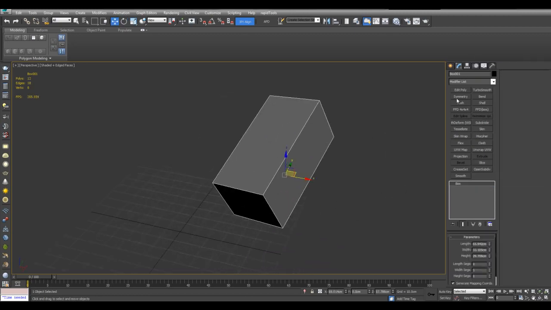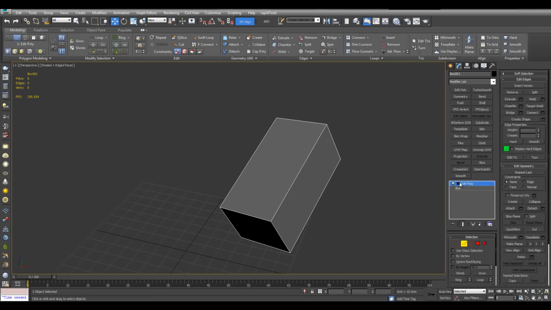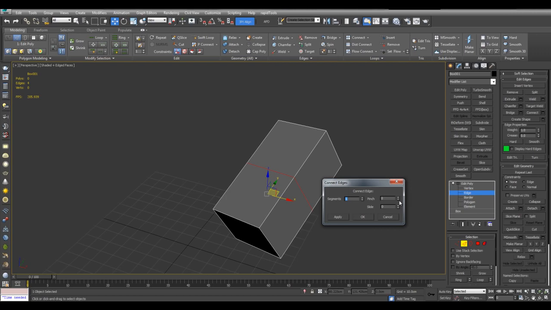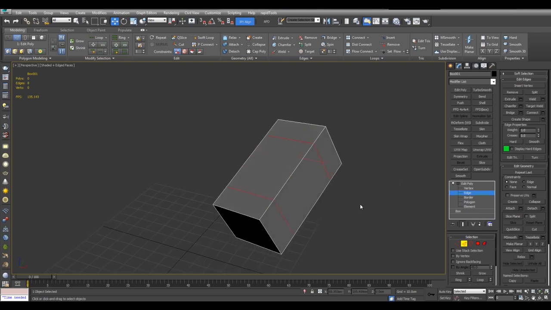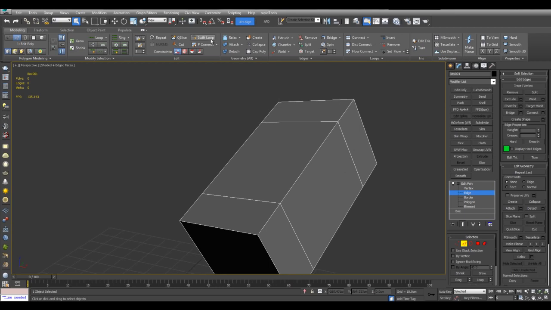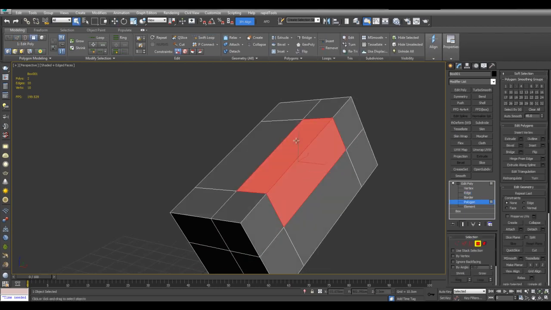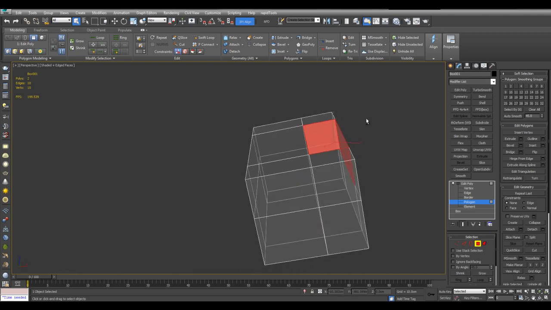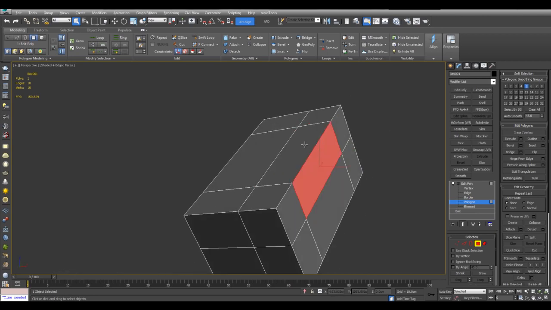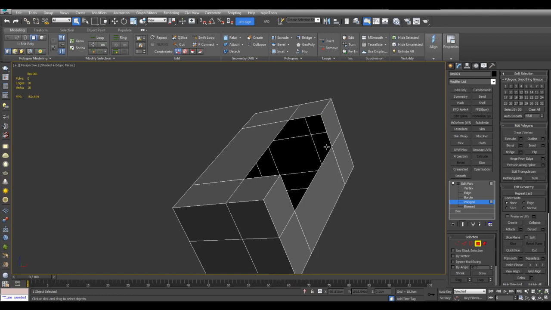And let's say you want to do some modeling. So I'll apply Edit Poly, go to Edge, select, Ring, and Connect. And I'll insert 2 segments and just increase the pinch value like so. And I will also use Swift Loop to insert a loop here and here. And let's say I want to remove this geometry and have an insertion here. So I will delete these 2 polygons